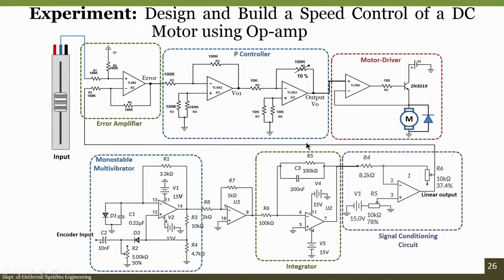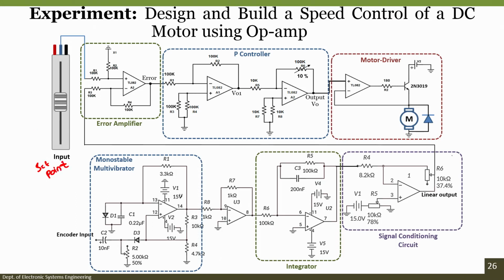Experimentally, as it contains so many different subsystems, it is difficult to create the system in a simulation and to visualize it. So what we do is use the complete system on a breadboard. Some part will be on a breadboard, and some part will be on the other board which we have already designed for P, PI and on-off controllers. By using a pot, we will create a set point. This is the input, which is nothing but a set point.